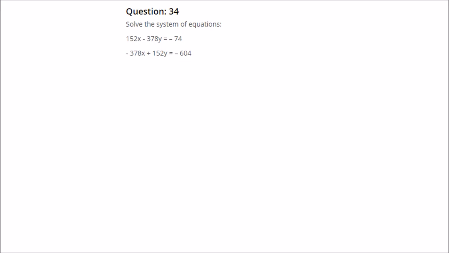Now solve the system of equations. Every equation has a proper way to solve. How to solve them? This kind of equation, first we will add these two equations, then we will subtract these two equations, and there will be two new equations that are now easy to solve with numbers which are lesser than these numbers. See, this is 152, 378. Even if we try to multiply, say I multiply this by 152, I multiply this by 378, these numbers will be huge numbers. So that will not be feasible when we actually solve it using pen and paper.